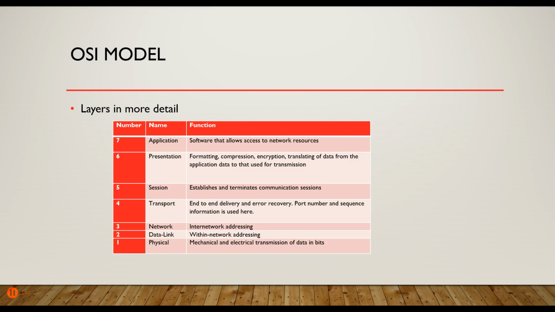The session layer then receives the data that the presentation layer changed and decides, how am I going to communicate? So it establishes and terminates communication sessions so that it can transfer data. Then the transport layer gets the data. It is responsible for adding some information to that data so that the receiving device knows what to do with it when it receives it. We'll talk again about what I mean by that.